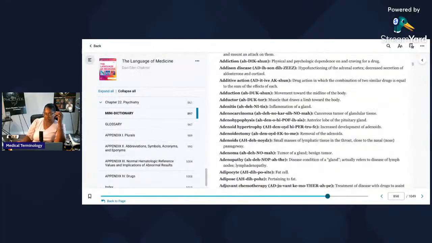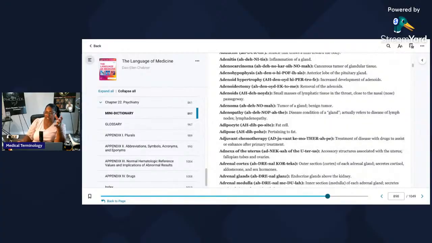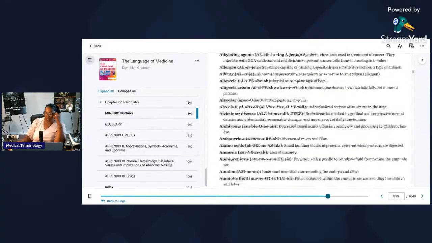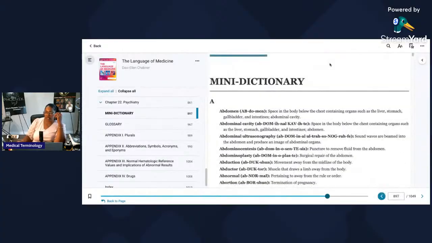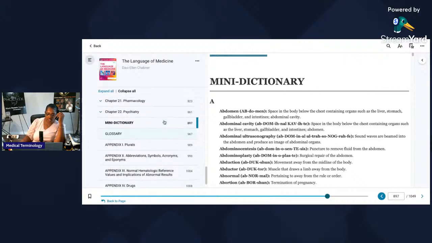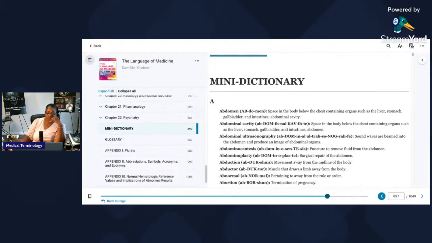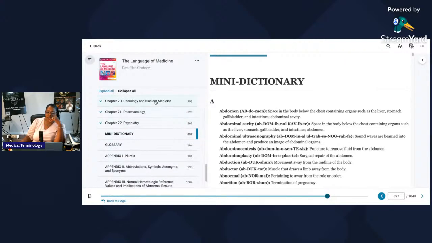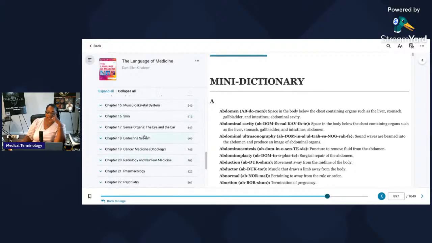Remember, I told you I got a medical dictionary. This is the same thing. This is the glossary that's in the back of the book. So again, there are exercises in this book that you're going to do. And the exercises in this book are more than likely at the end of the chapter.